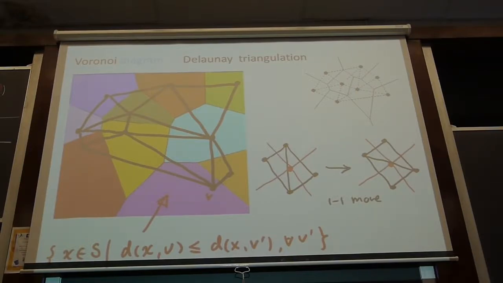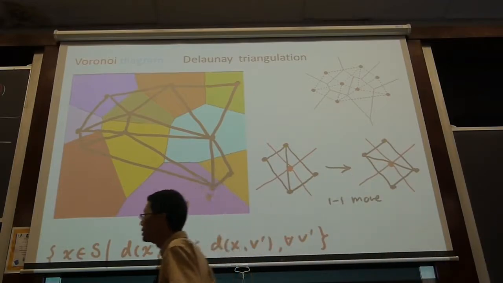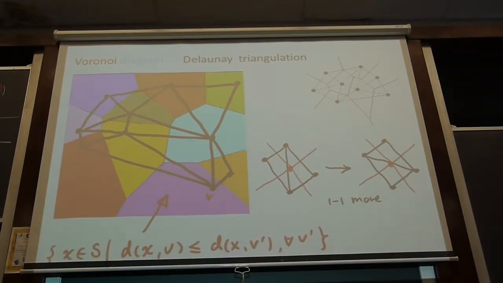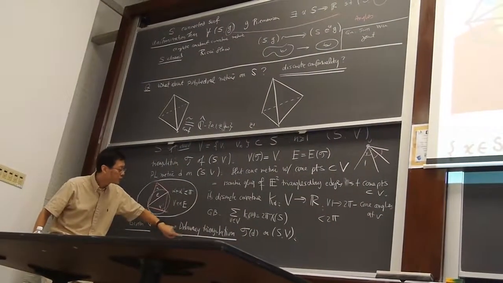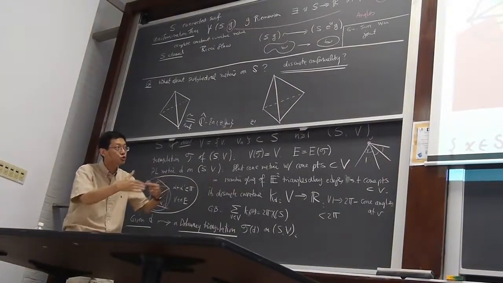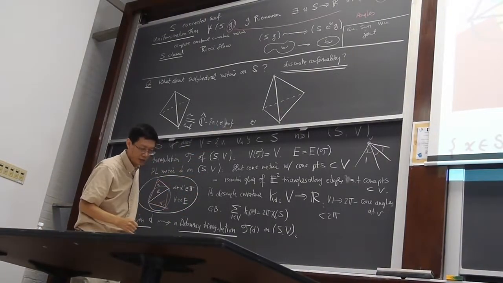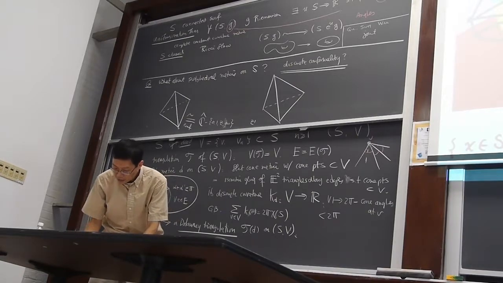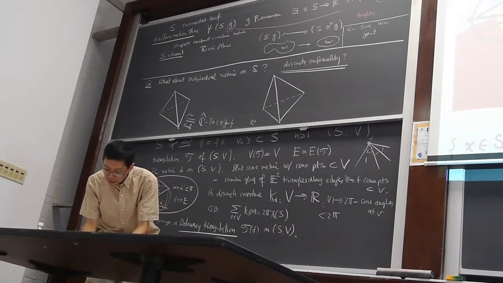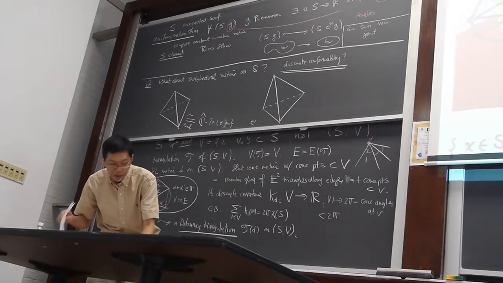Delaunay triangulations. Okay, so to summarize, whenever I give you a piecewise polyhedral metric on the surface, it can produce a Delaunay triangulation, but it's not unique. But if you have 2 of them, they are all related by a sequence of geometric 1-1 moves, just like that. Okay, so that's the warm-up, and now let me define what is a discrete conformality coming out of it.